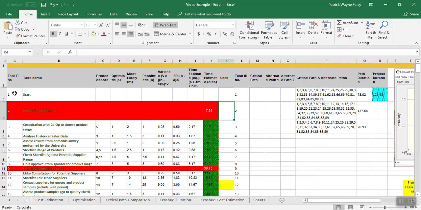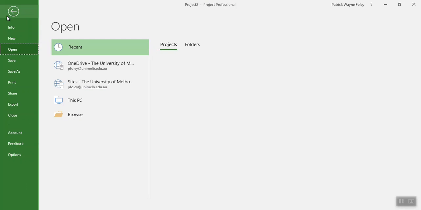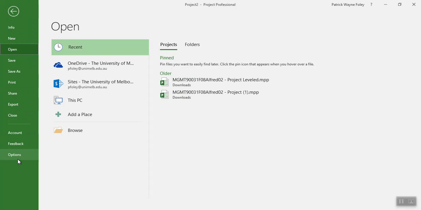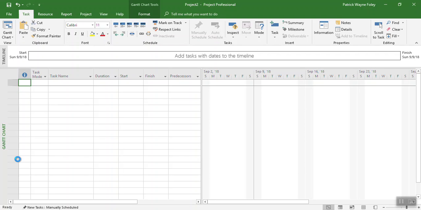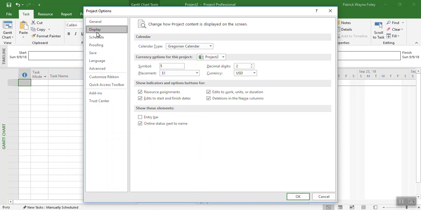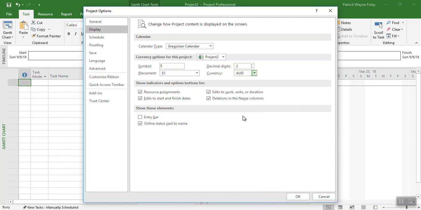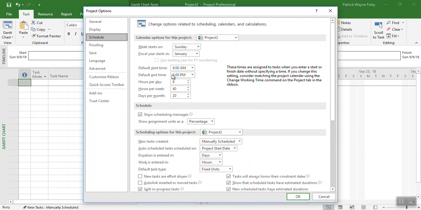So let's begin with the first step, which is going to Microsoft Project and making sure that we've actually set it up properly. First of all, let's go into the options and we're going to set up a couple of features. First of all, we're going to make sure the currency is in Australian currency. This is just a nice thing to do. And we just want to make sure that the schedule tab is also on,